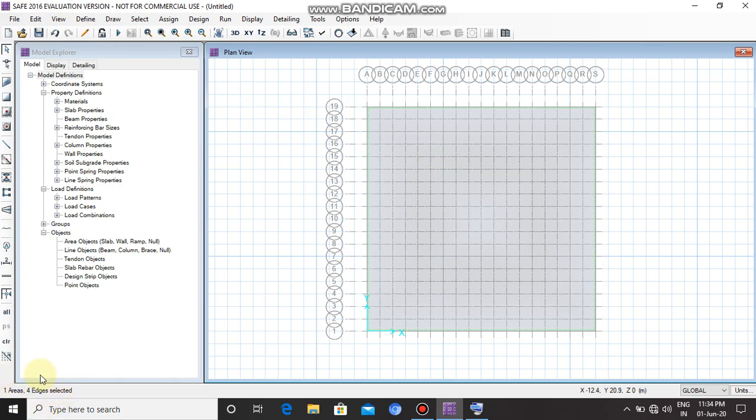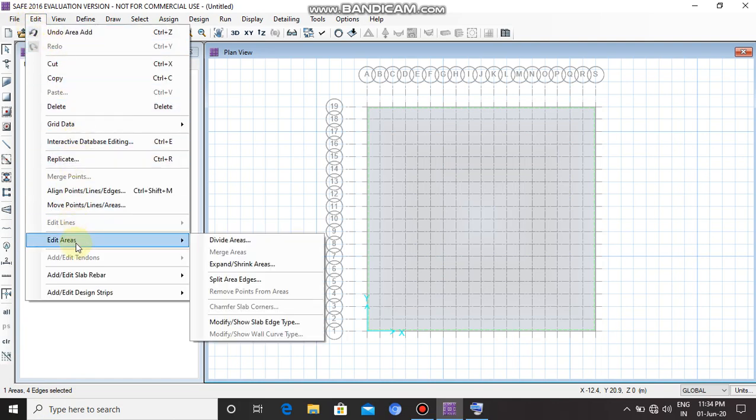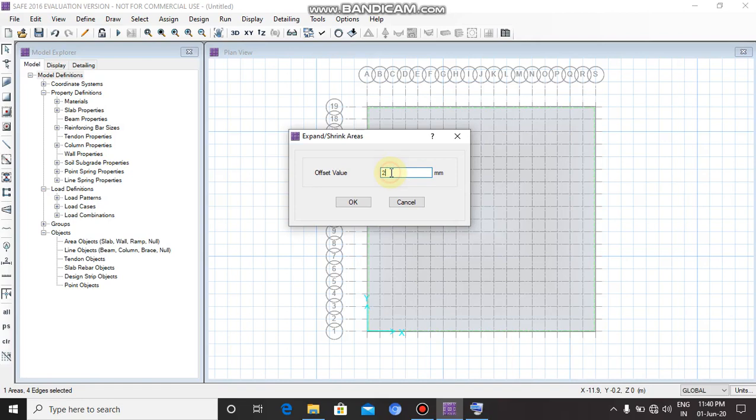See whether the area is selected or not from here. Then go to edit, edit area, expand or shrink area, type 2000 mm and then click on OK.